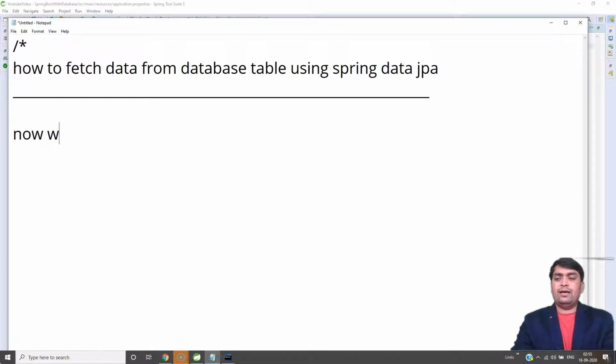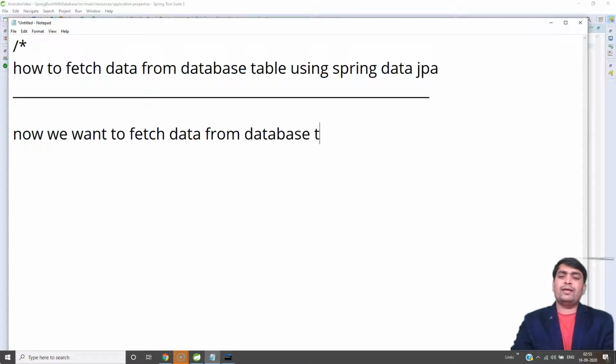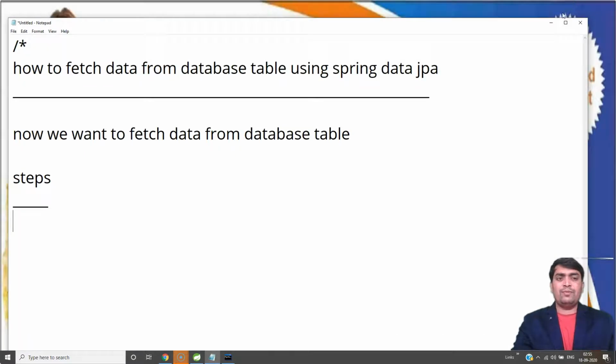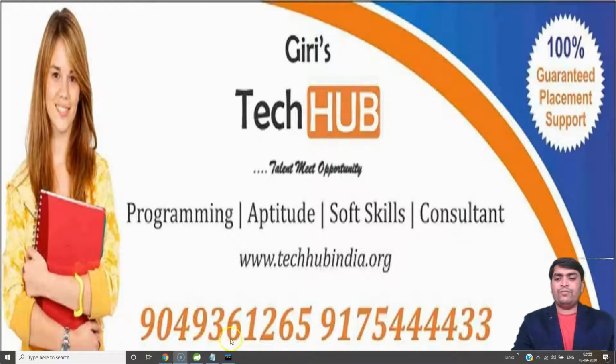Now we want to fetch data from a database table. We have some important steps to fetch data from a database table.